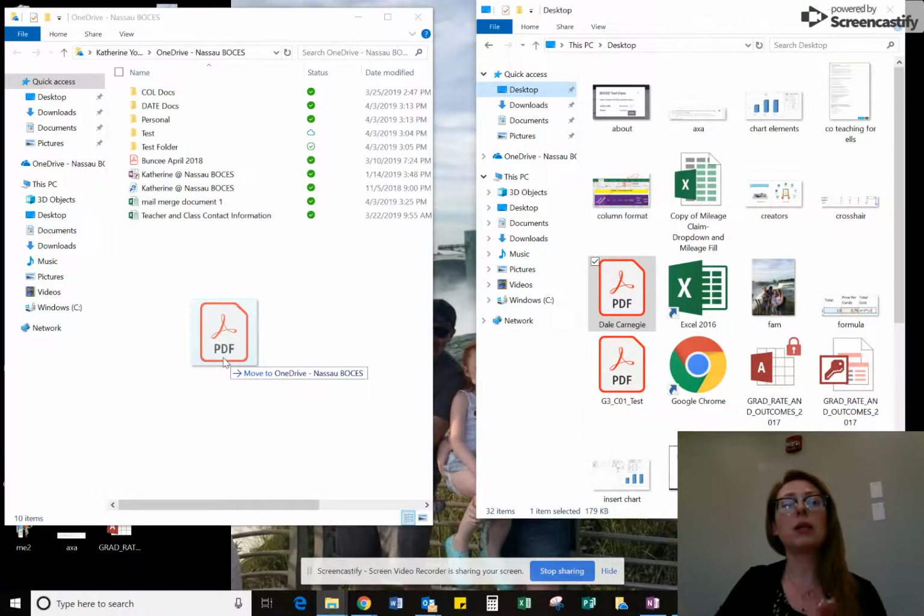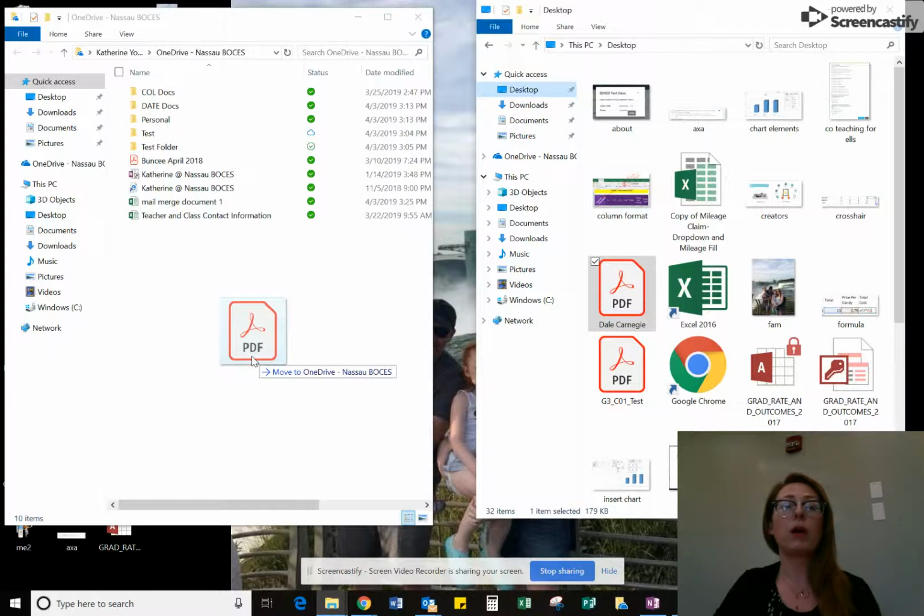Depending on the device that you're using, when you are dragging items into your desktop version of OneDrive, sometimes it may move them, sometimes it may copy them. So you want to be on the lookout and see exactly what that icon says as you're moving it over, whether it is copying the item or moving the item. And then you'll have to proceed accordingly. If it's copying, again, you might want to delete the copy in the original location and just keep the one that you have placed in